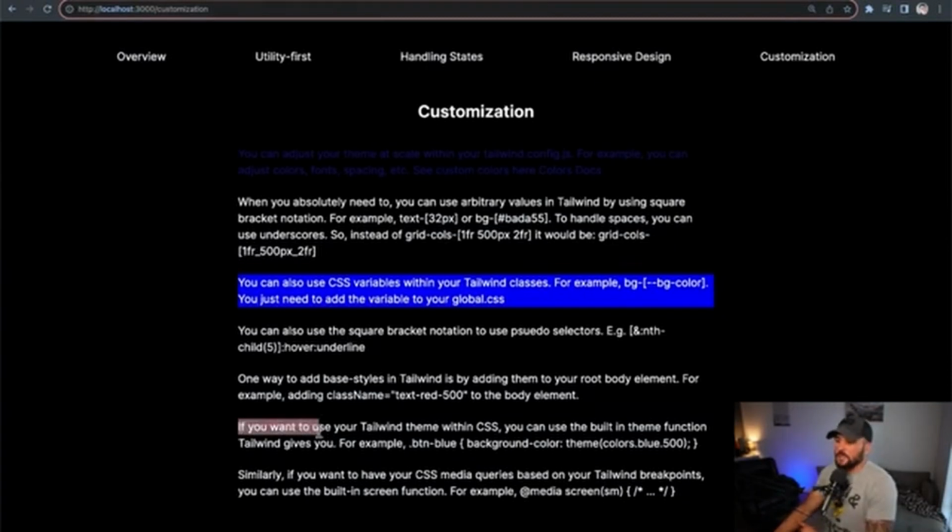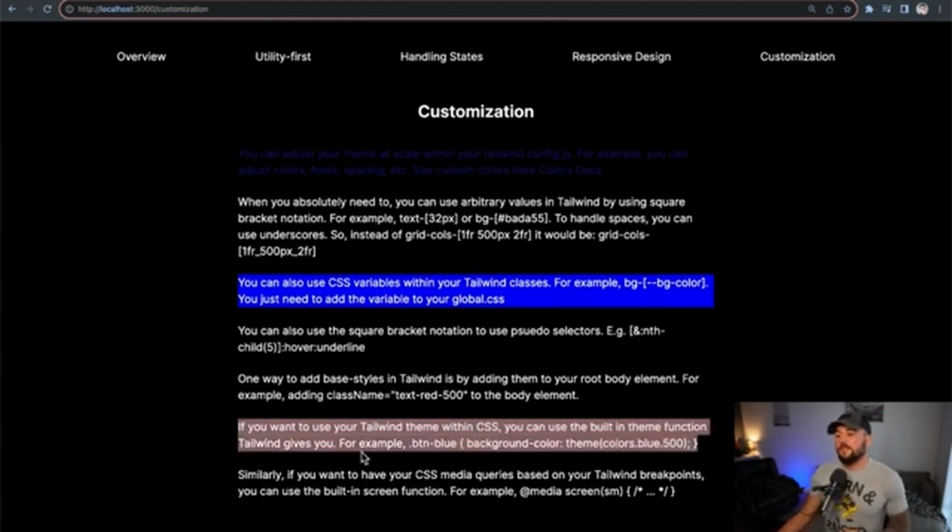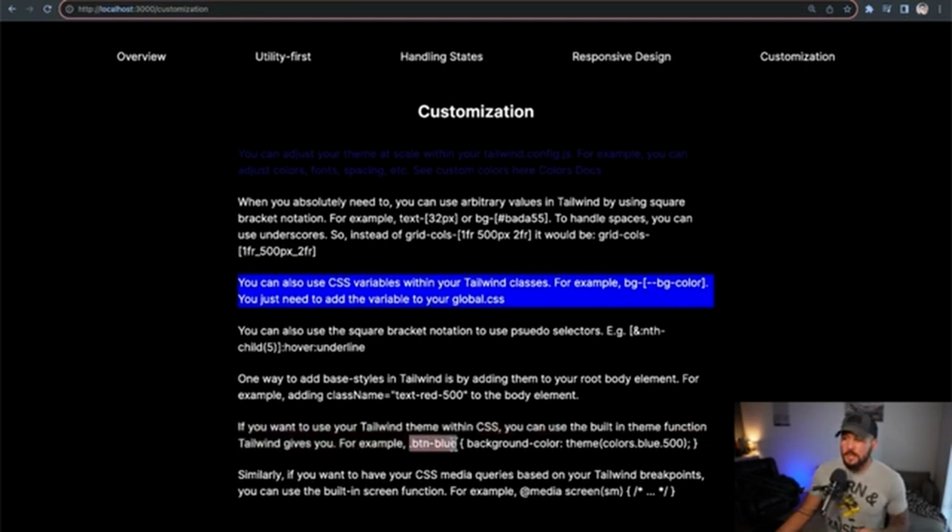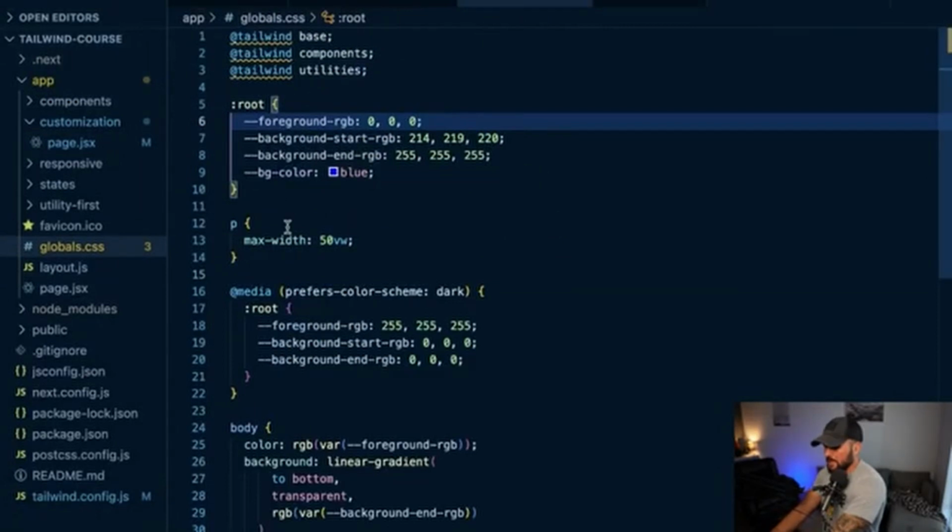So if you want to use your Tailwind theme within CSS, you can use the built-in theme function Tailwind gives you. For example, you can add a button blue class, and then you can set the background color to calling a theme function and then accessing your theme colors.blue.500. But let's actually make a button that has a background color of our midnight blue because we added that to our theme. So within our CSS, and I'm going to copy this here, but let's go to our global CSS